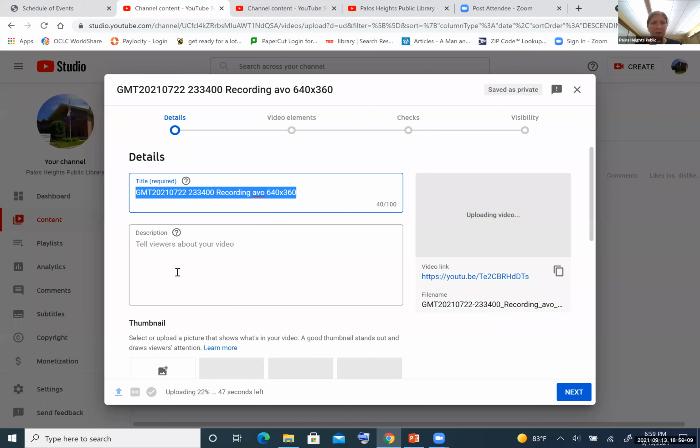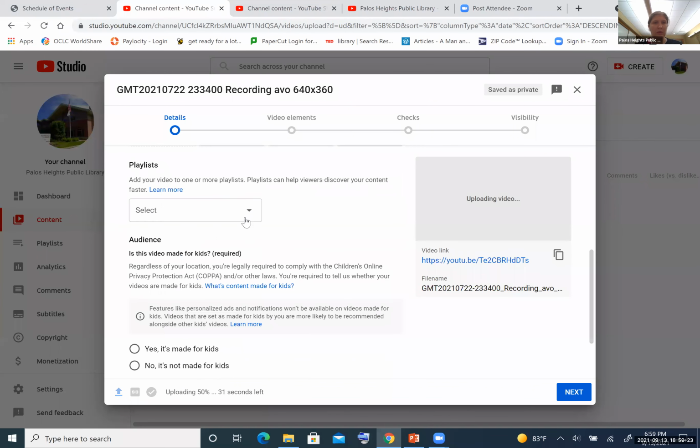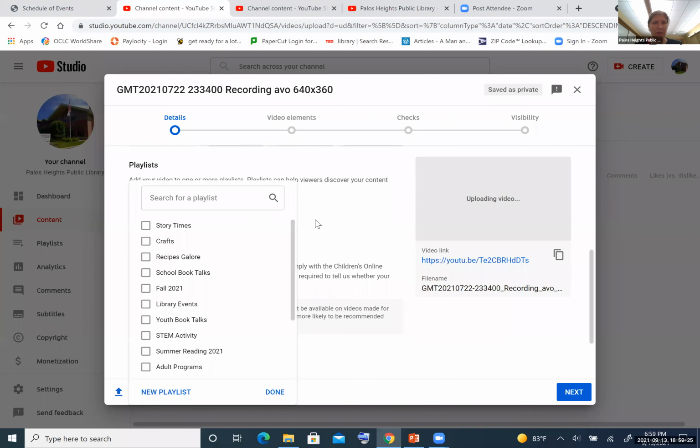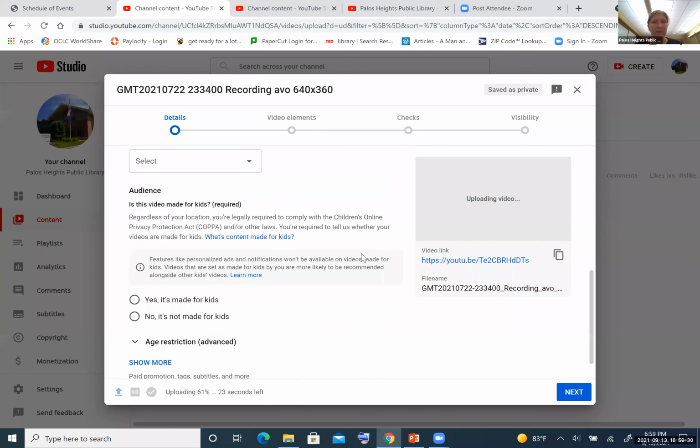This is where you could enter a little description of the video. You could select a thumbnail, which is the little image that you see on the video before you click on it. You would select the playlist you wanted to put it on if you wanted to. Otherwise, you don't have to put it in a playlist.